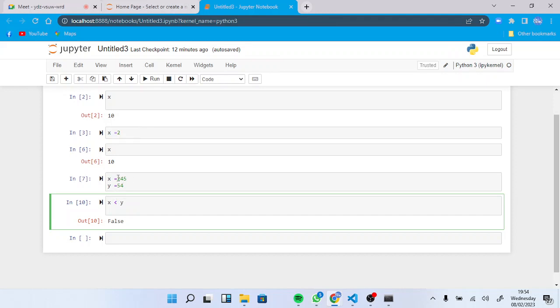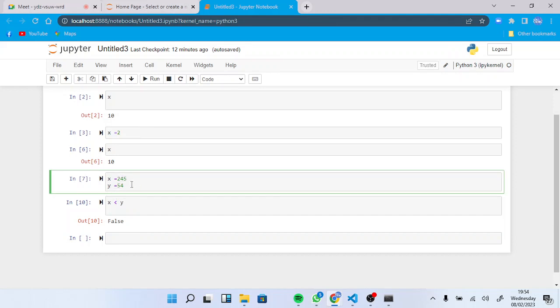The x values are here. So x will start from